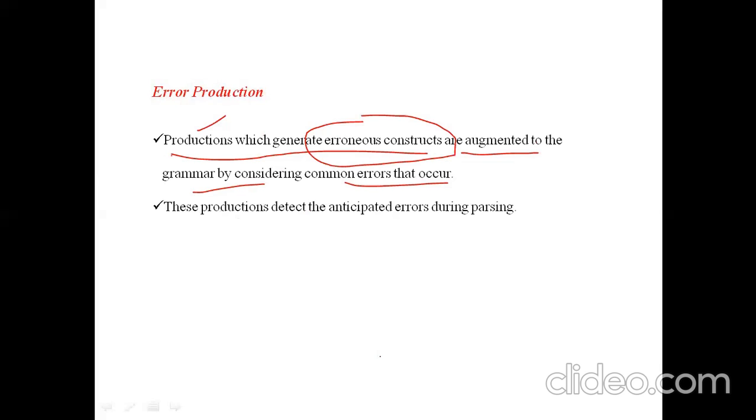These production rules detect the anticipated errors during parsing. At the time of input parsing, whenever an error is generated, they will indicate what type of error has occurred.